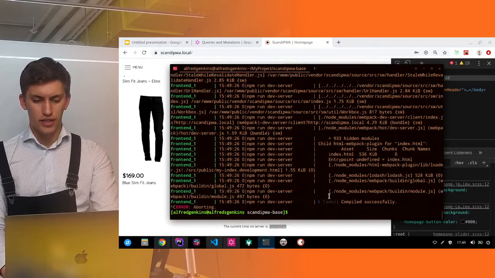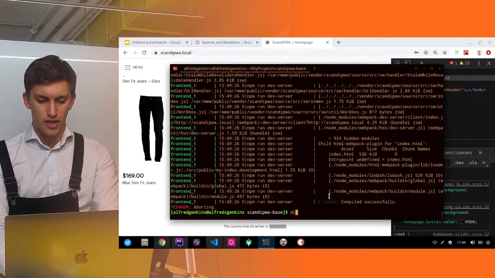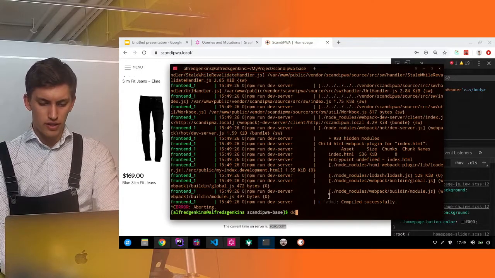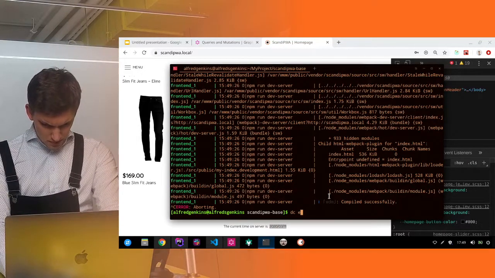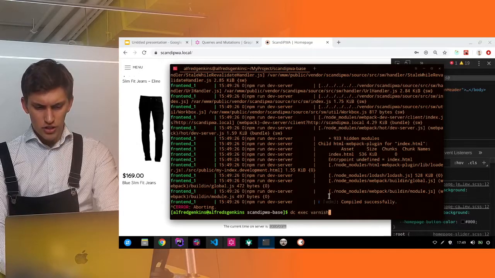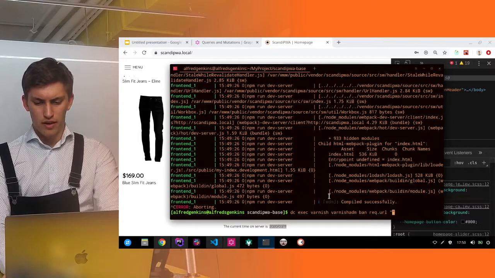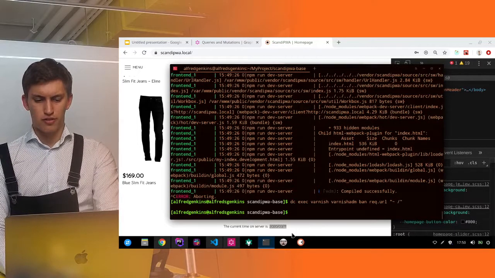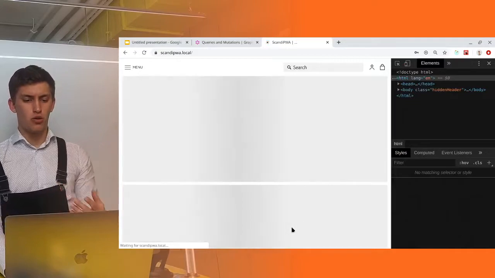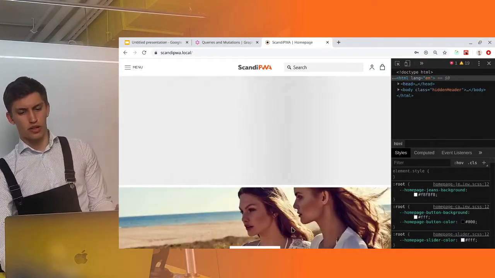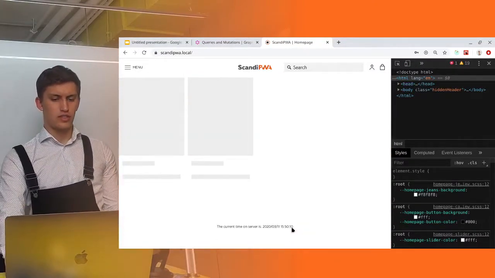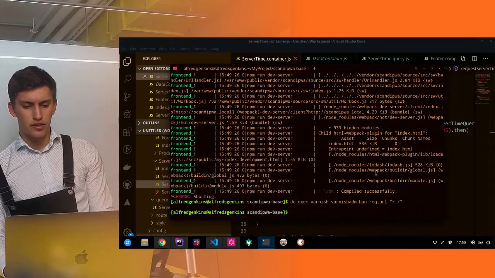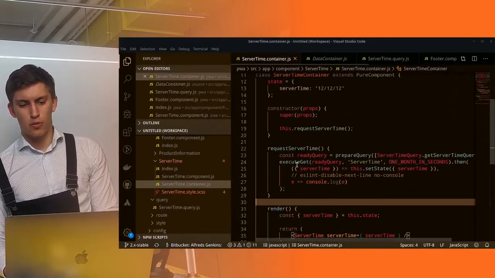To get rid of the cache, you can execute the following command: dc exec varnish varnishadm ban request.url. Now you can provide a pattern, and this should flush all the caches. Now if we reload, then everything will be loading. And as you may see, data started coming, and here's how you can connect with your